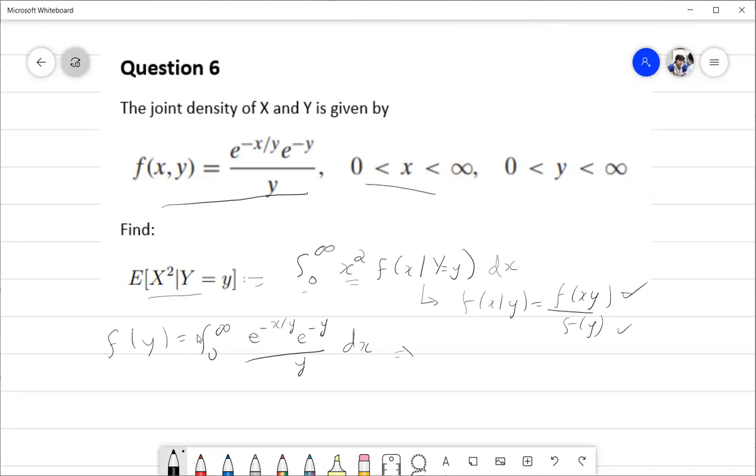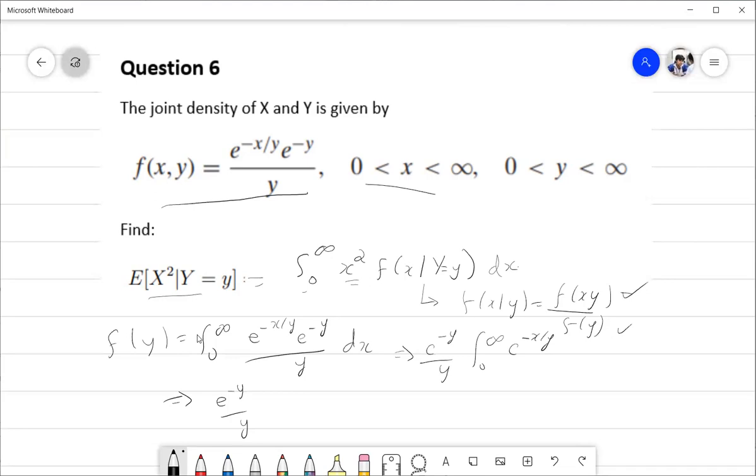So I can take them out. So this will be e to the power minus y upon y, and I'm going to just integrate e to the power minus x upon y. Like I said before, y is a constant, so integrating e to the power minus x upon y, that will yield us